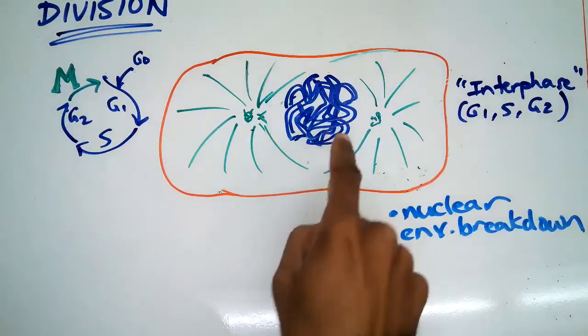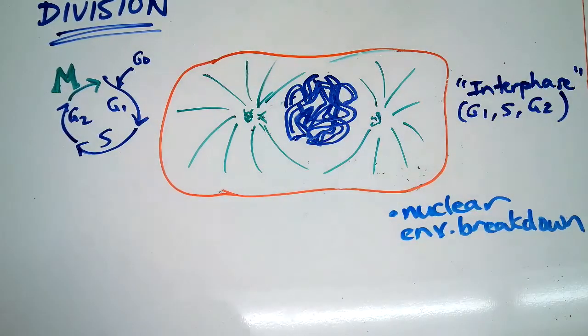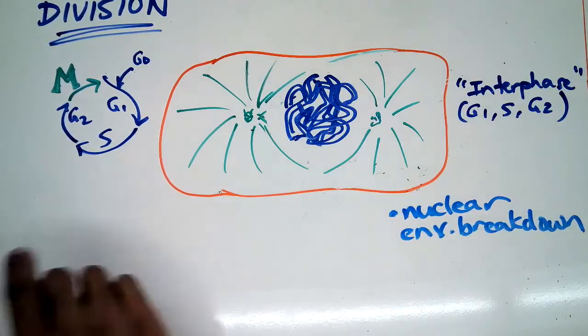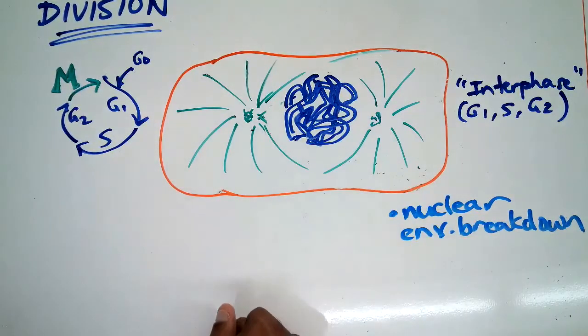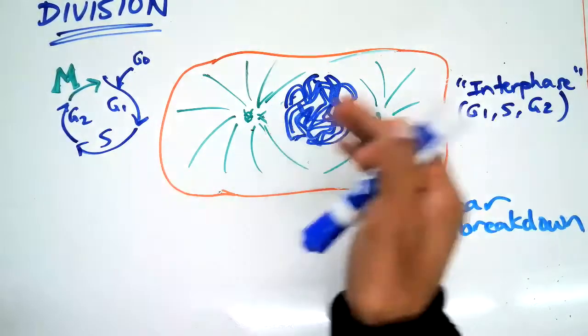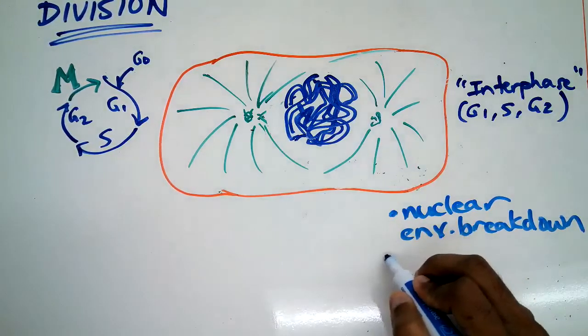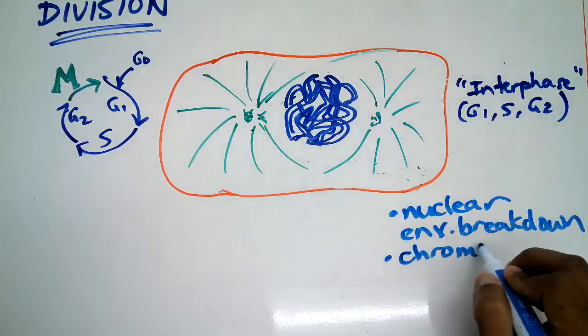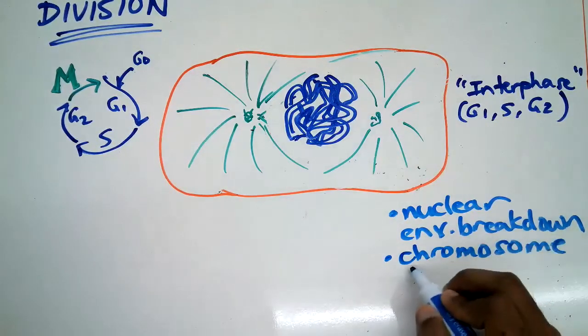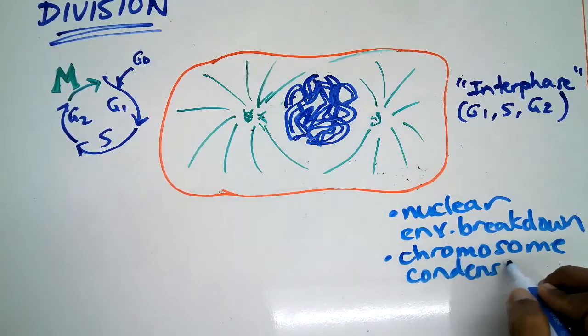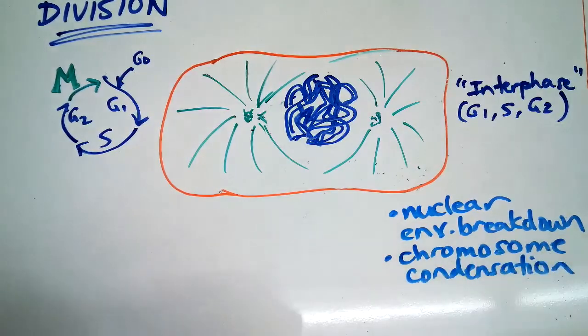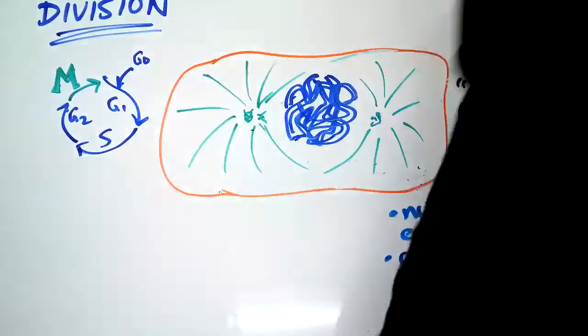Another thing, those chromosomes are way too big to pull. Maybe big is the wrong word, way too extended and unwieldy. So what we're going to need to do is condense them. So we're going to do a process called chromosome condensation. Make them smaller, wrapped up, easier to move around. So if you actually condense these,